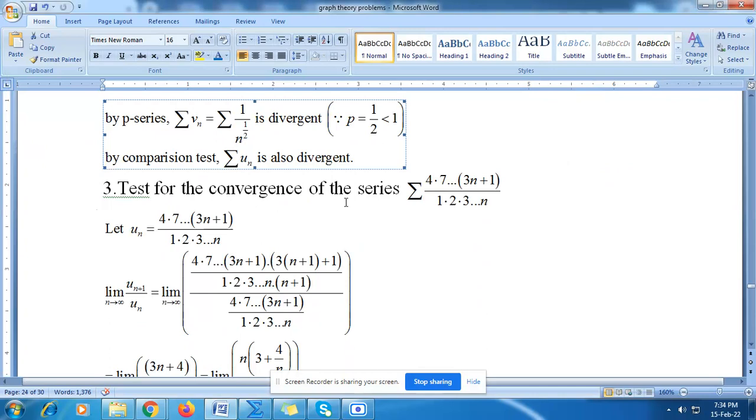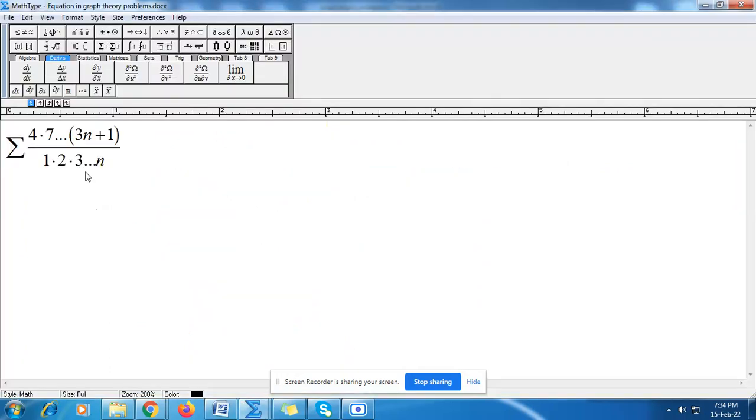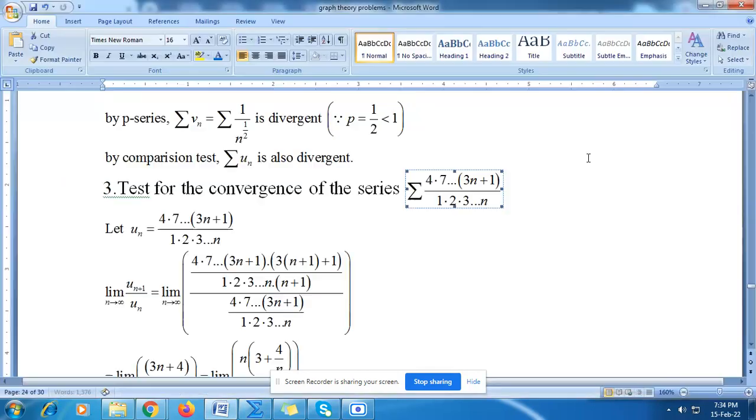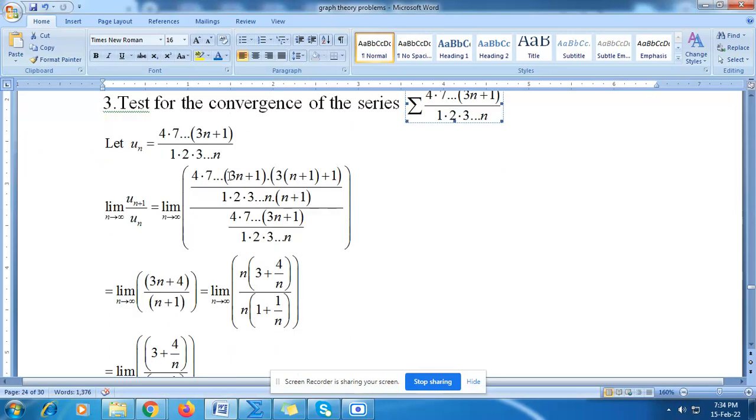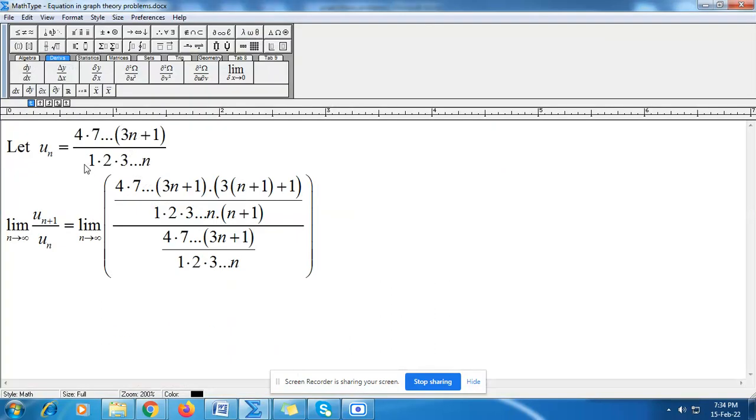Now test for the convergence of this series, sigma 4 into 7 into so on 3n plus 1 by 1 into 2 into 3 into so on n. Now take the nth term of this series, which is un equal to 4 into 7 into so on 3n plus 1 by 1 into 2 into 3 into so on n. Now apply D'Alembert's ratio test. Then what happened? Limit un plus 1 by un as n tends to infinity is equal to